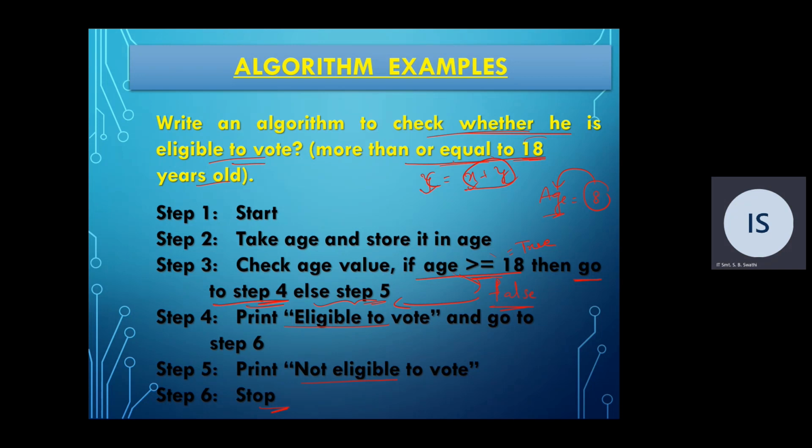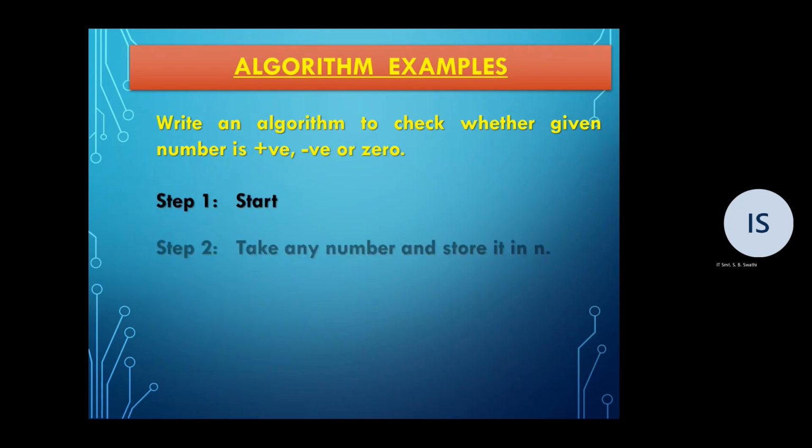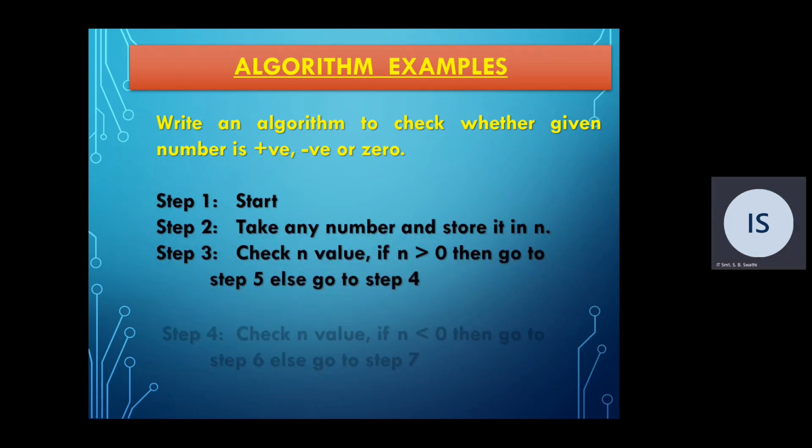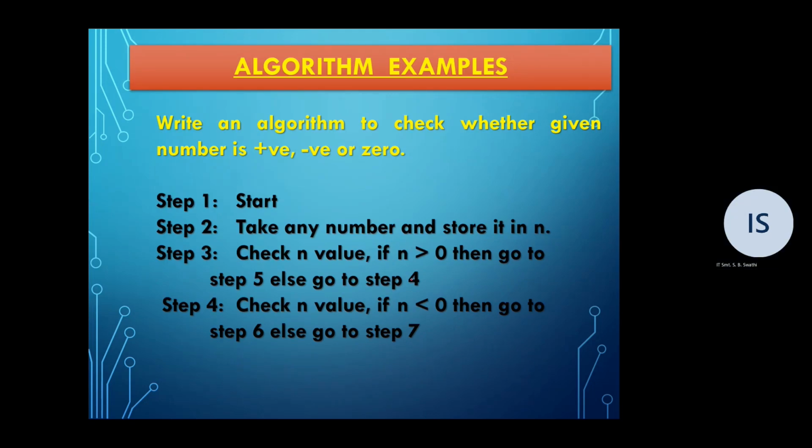for a particular given problem. So this is just to check whether a number is positive or negative. We write in a similar manner. Take a value and store it in n. If it is greater than 0,